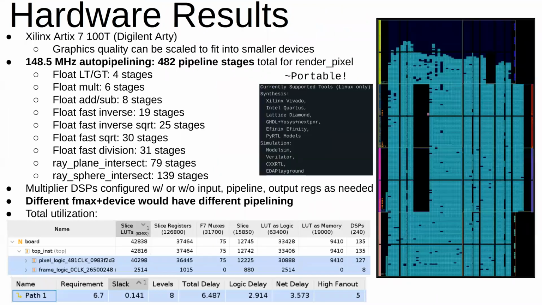Yes, the hardware results of this thing. We put a lot of work into optimizing this, trying to squeeze it in here, and it did end up fitting nicely in the larger 100T already here. But there are options to scale it down if you want to try it on a smaller device. To talk about the results, I mentioned this is a 148.5 megahertz pixel clock with that big pixel rendering pipeline,